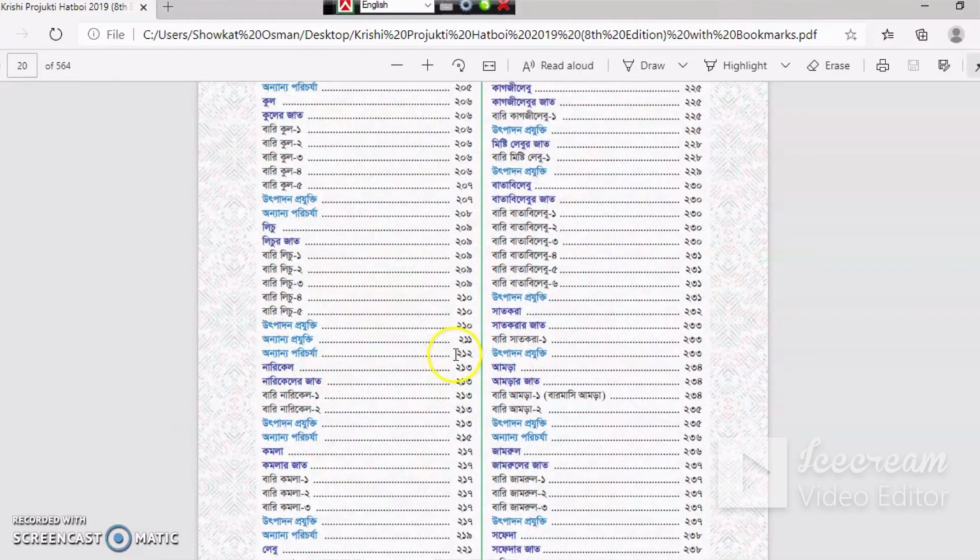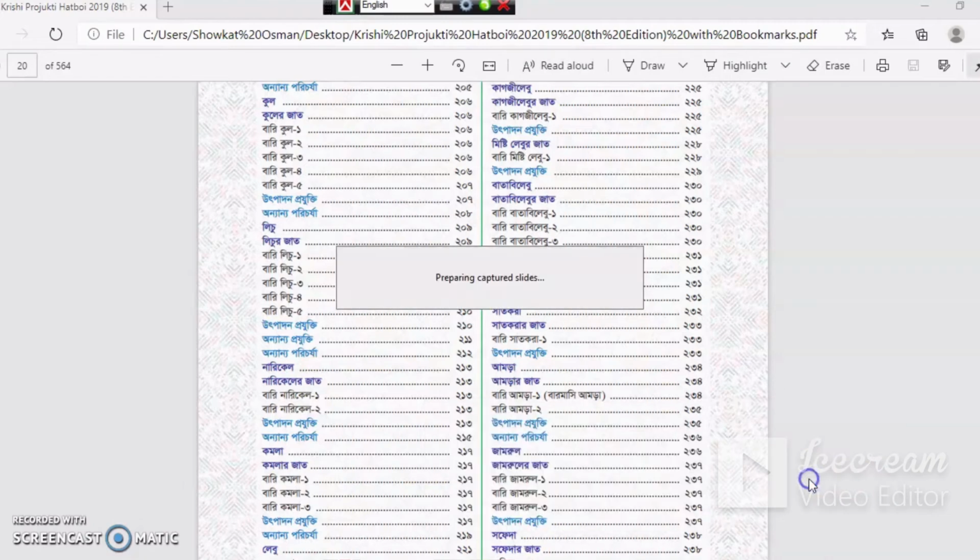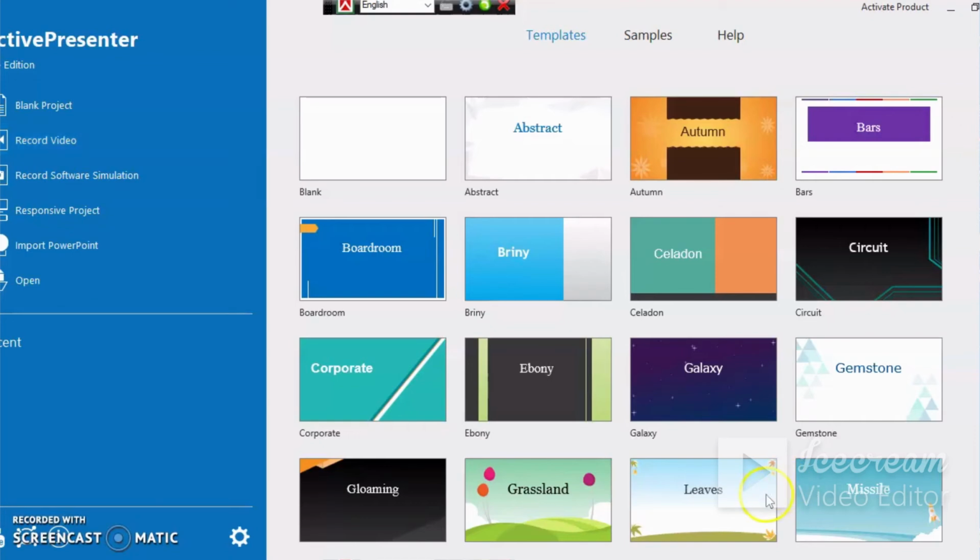If you have finished this video, then you should click the Active Presenter icon again, and this is the stop point to stop the video recording. I stop the Active Presenter video, and how it works, after stopping the video,